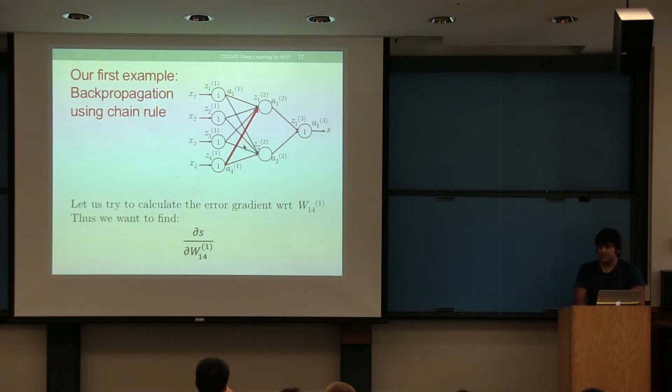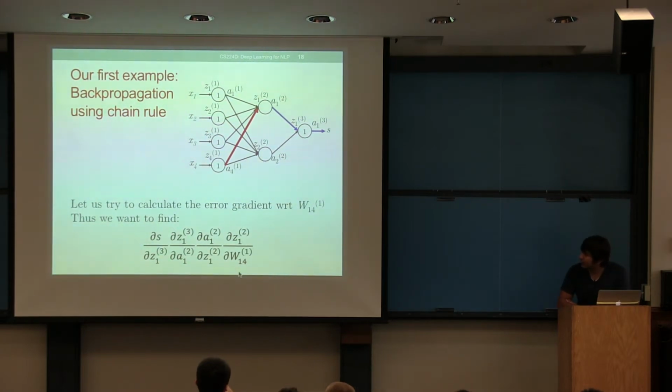So let's try doing this using the chain rule, and this is the harder way of doing things, but we'll eventually reach a much simpler way of doing it. So this is typically what you're used to. You're used to opening it up, writing the partial of ds with respect to dz13, which is right here, then dz1 with respect to da12 right here, and then the error with respect to z1, so that's the third term here, and then the fourth term, which is dz1 with respect to the weight itself. So this is pretty much how you can break this down.